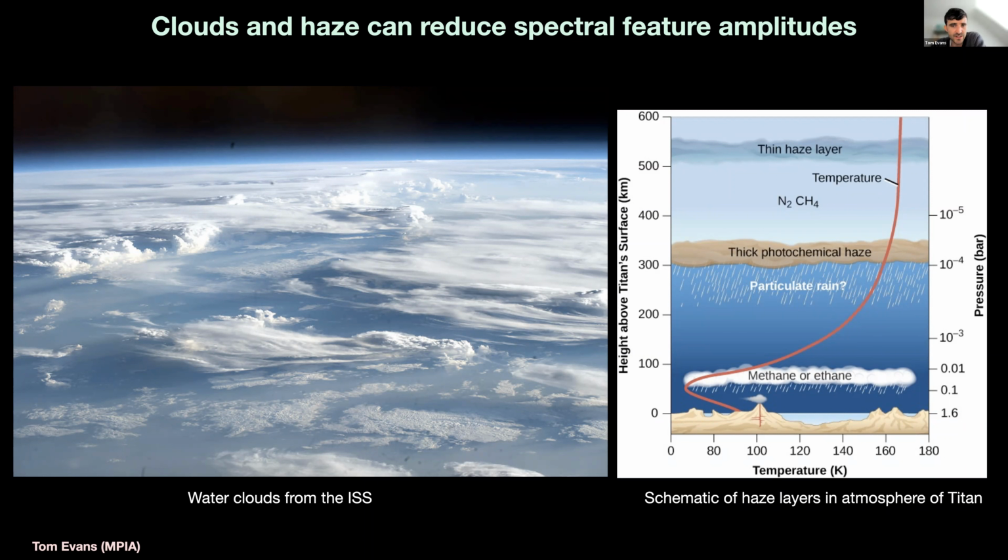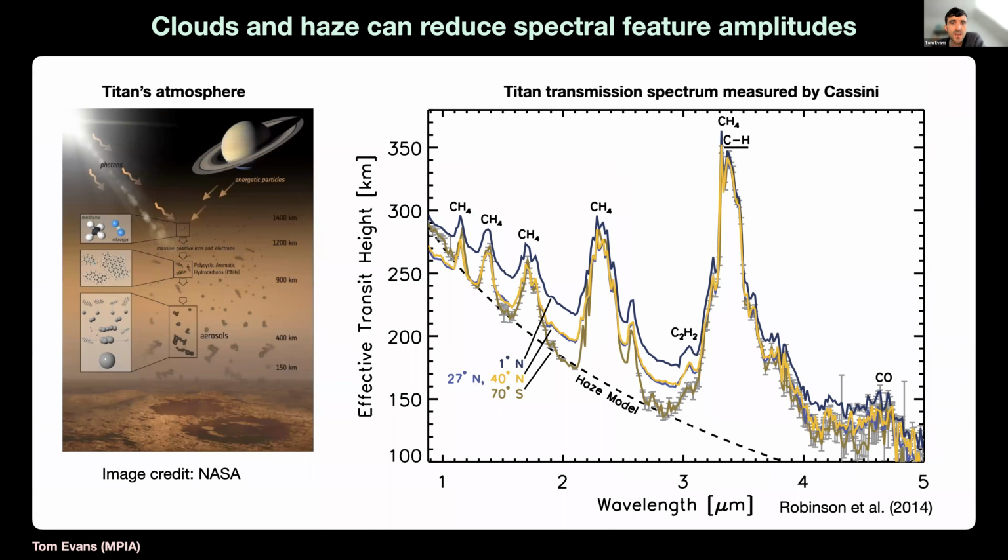And if the atmosphere is methane rich, like in the Archean scenario, there's the possibility that photochemical haze could be forming at even higher altitudes. So for an Archean-like atmosphere, photochemical hazes similar to those of Titan's atmosphere could form, greatly suppressing the amplitude of spectral features in the transmission spectrum, like what we see here for a real observation of Titan's transmission spectrum measured with Cassini, where the photochemical haze is greatly reducing the amplitude of the methane absorption bands.